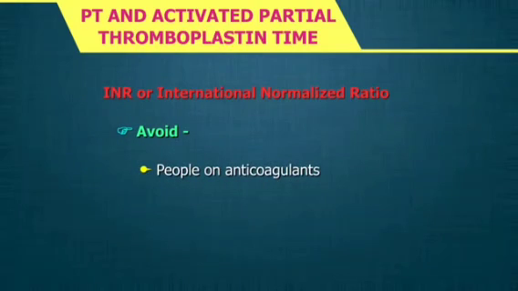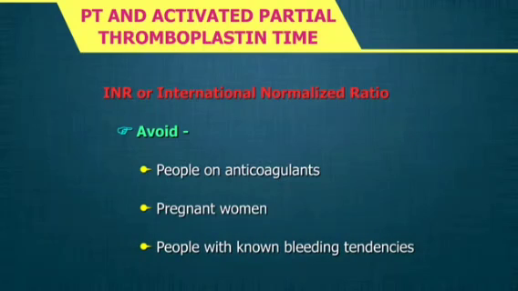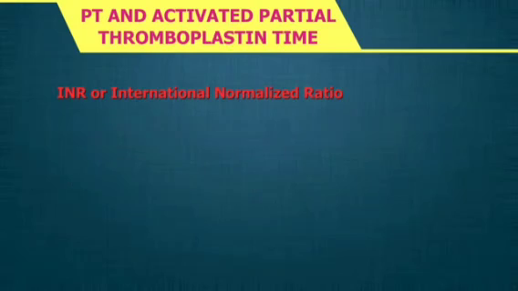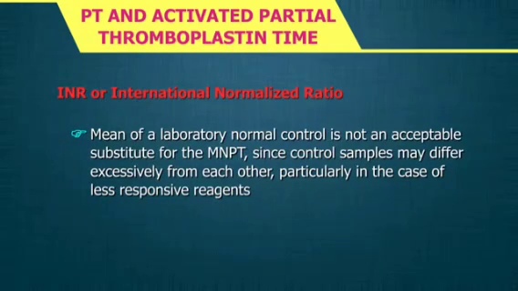People on anticoagulants, pregnant women, and people with known bleeding tendencies should be avoided. Estimation of a geometric mean is to be preferred to the arithmetic mean. MNPT samples must be fresh. The mean of a laboratory normal control is not an acceptable substitute for the MNPT, since control samples may differ excessively from each other, particularly in the case of less responsive